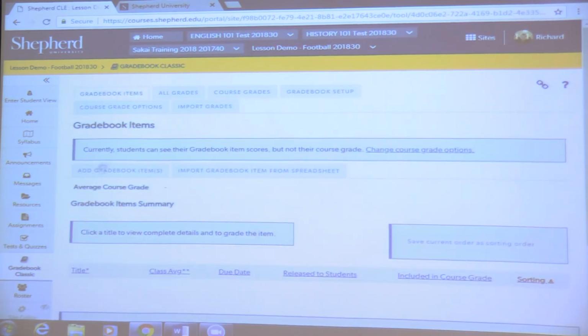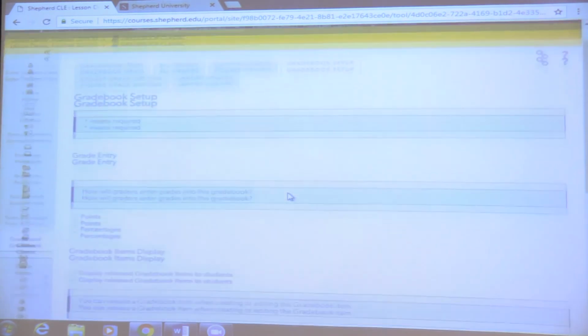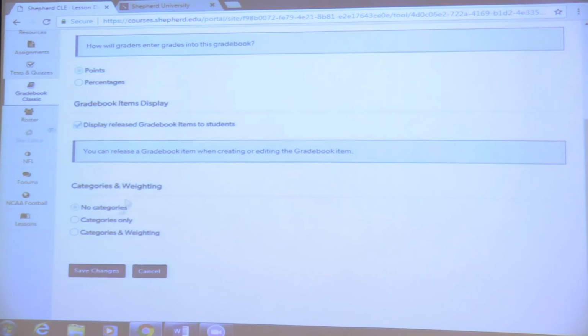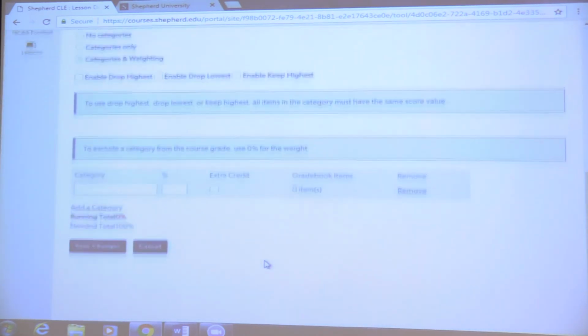By default, the grade book is empty right now. Mine's empty too. When you go into the grade book, you go to grade book setup and make sure it's how you want it on the points. Right now, there's nothing in its categories. I like to have categories and weighting. What that does is you can create like a